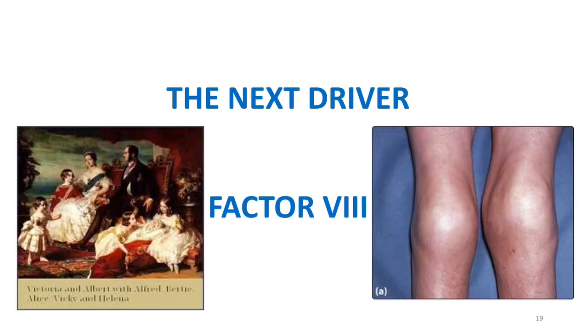The next driver, which came about over the history of fractionation, was factor VIII. I think everybody who is listening to this talk knows about the famous disease hemophilia, which was made famous because it was in the British royal family through Queen Victoria. And since Queen Victoria's children married many of the monarchs of Europe, this also found itself in several of the European royal families, and most importantly and famously in the last royal family in Russia, in the form of hemophilia